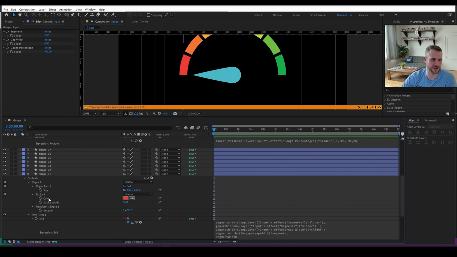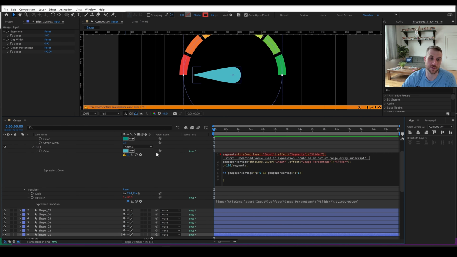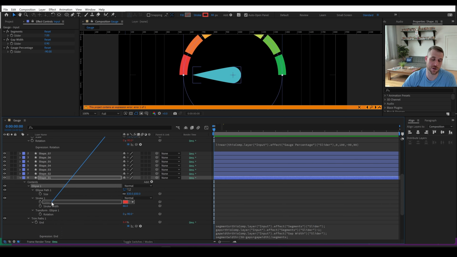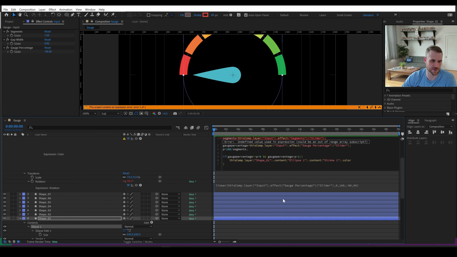Okay, so I'm going to scroll down and I'm going to find this stroke color. So I'm going to pick whip down to this stroke color. And if I let off, it's now saying that if this gauge percentage is greater or equal to the range that this would start in, but less than the range that it would end in, then to make it the color of the stroke of our first shape. And so we're going to create our next part of this, and we're going to say else if,